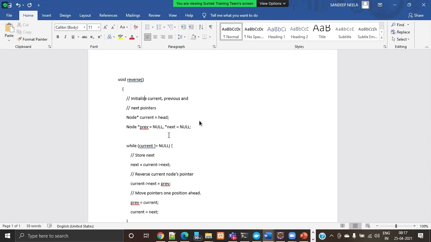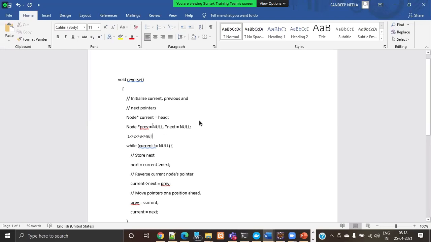Now we'll see how we can reverse the node pointer. If you observe this, current equals 1, next equals 2. Initially 2 is pointing to 3, but here first whatever the pointing thing, we will reverse it. So let me take an example. 1 is pointing to 2, is pointing to 3, is pointing to null, if we observe.